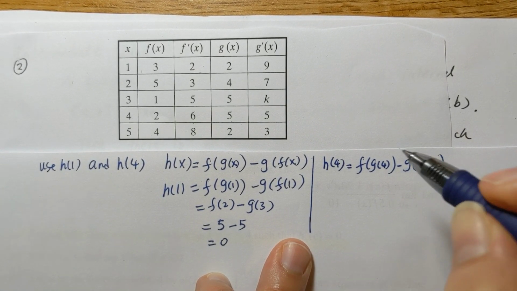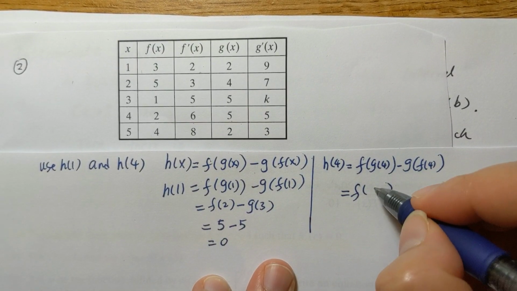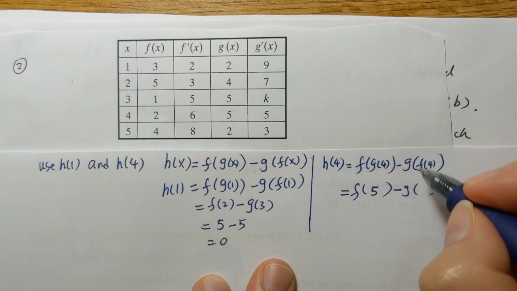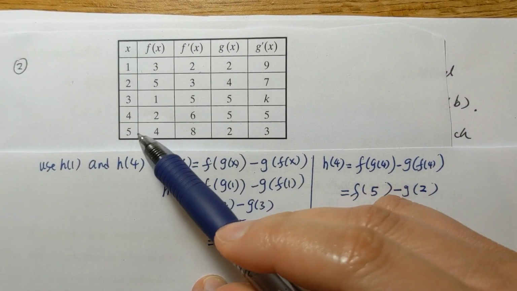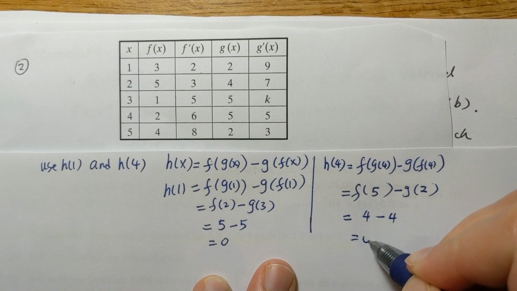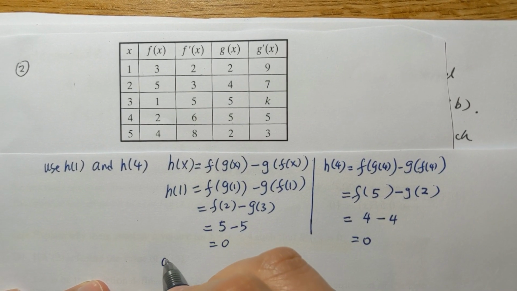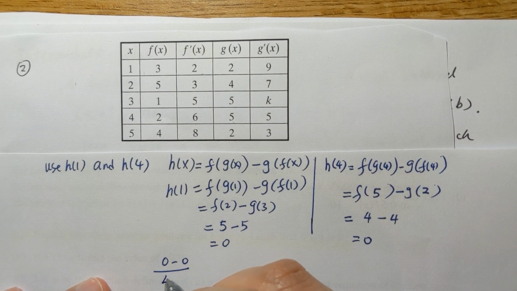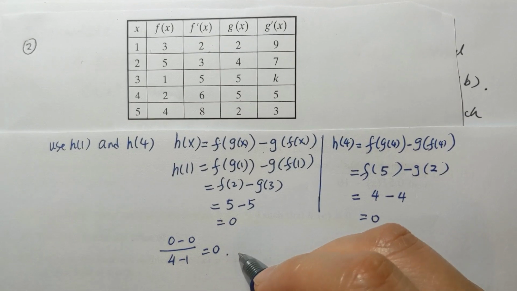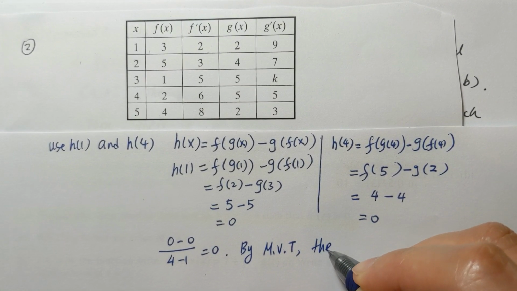You get h of 4 equal to f of g of 4 minus g of f of 4. So now g of 4 is 5, f of 4 is 2. F of 5 is 4, g of 2 is 4. So we have h of 1 equals 0, h of 4 equals 0, so 0 minus 0 is 0. Now it matched the slope equals 0, so now we can say by the mean value theorem,